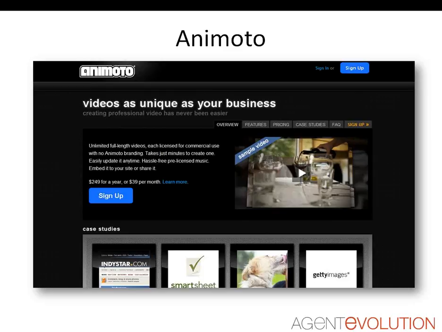And the one thing I also like about it is that it is very affordable. For a 90-second animated slideshow, it's $2. And if you end up loving this as much as I do, you just pay for a year subscription, which is about $250, and they have a business one specifically. So it's just a great way to really showcase a home or even you and your expertise. And that's Animoto.com, or AKA Marketing Like a Rockstar.